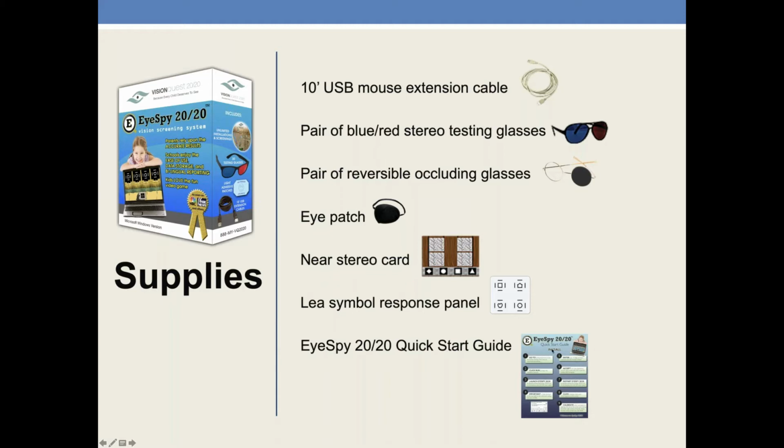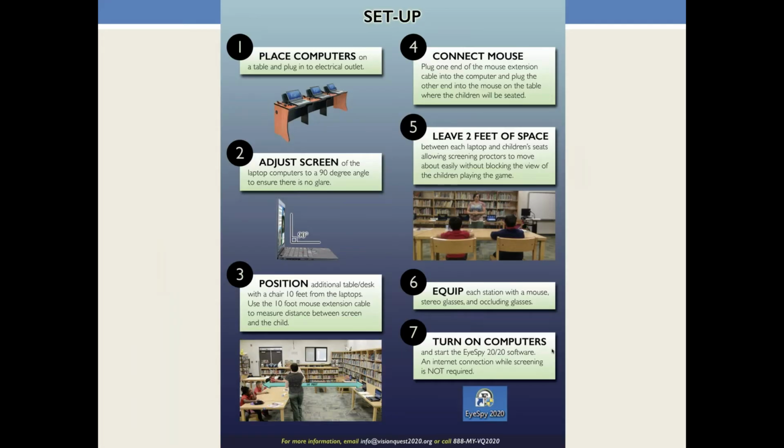And we provide a quick start guide, but if you don't get the quick start guide, it's available on our website, which is either EyeSpy2020.com, or the nonprofit's website is visionquest2020.org, which I'm going to show you in just a second. But let's talk about the quick start guide. There are 4 sections to it, but each page is about this straightforward. So I want to talk about setup real quick,